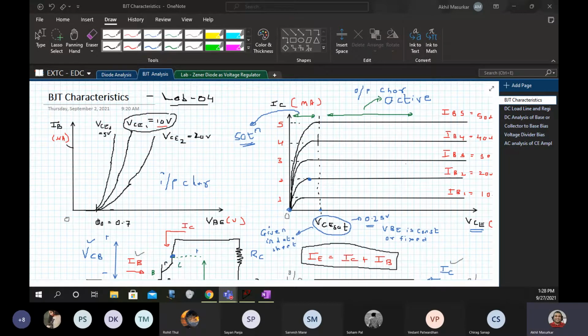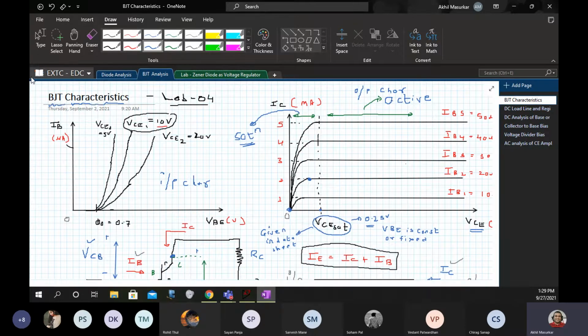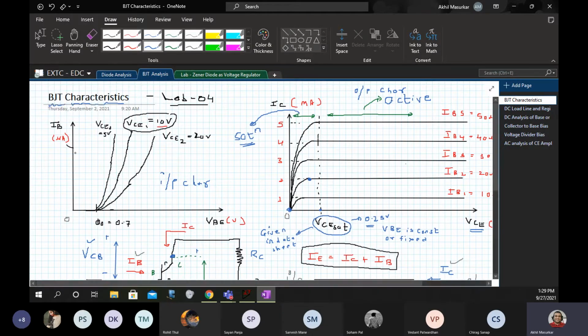Today's lab is going to be on how to plot the BJT characteristics, and probably in the same way you can plot the characteristics of any device. We are doing this because we should know the method to plot the input and output characteristics of any transistor. Since we have studied BJT, we will be going ahead with the BJT. But if you replace the device and do some changes in the way the supply voltages are connected, we can definitely plot the characteristics of any device, and the characteristics give us a lot of information.